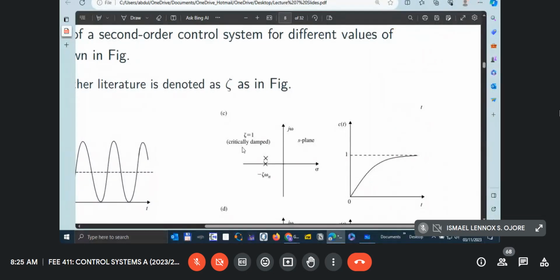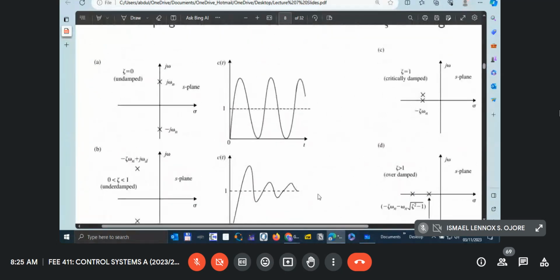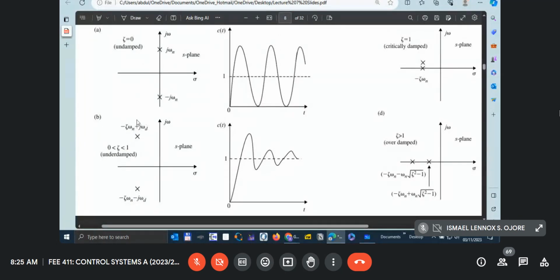So for critical damping, the roots are on the negative real axis. When you have roots or poles on the negative real axis, this is when you'll get a damping ratio equal to 1. And we'll see all these equations, as in the time response for these scenarios. The most important one is this one, which we'll deal with most of the time, because